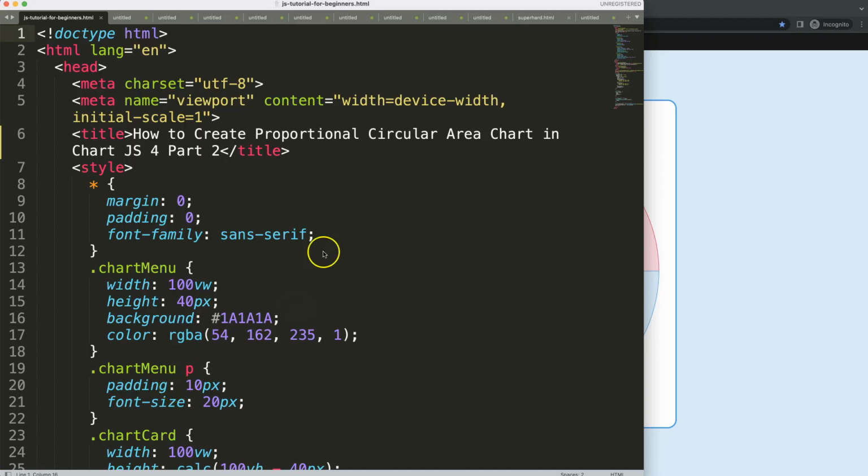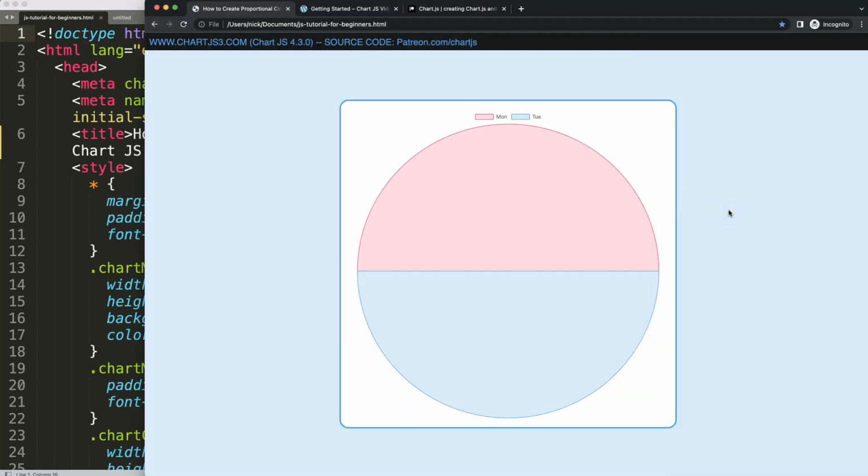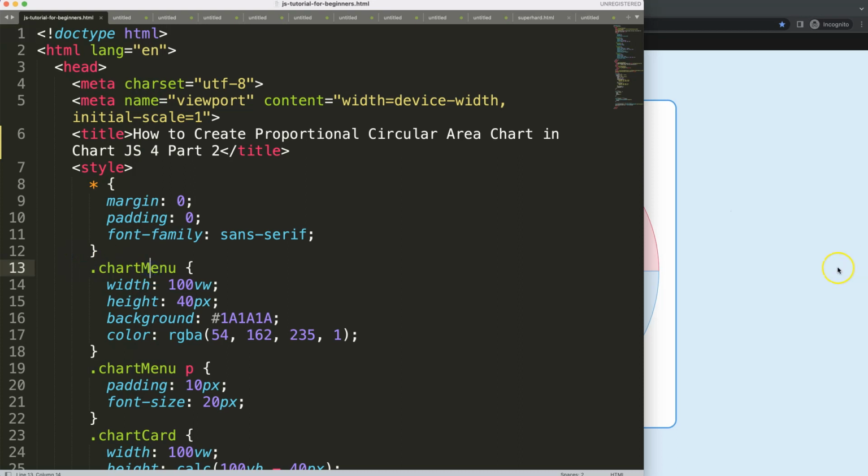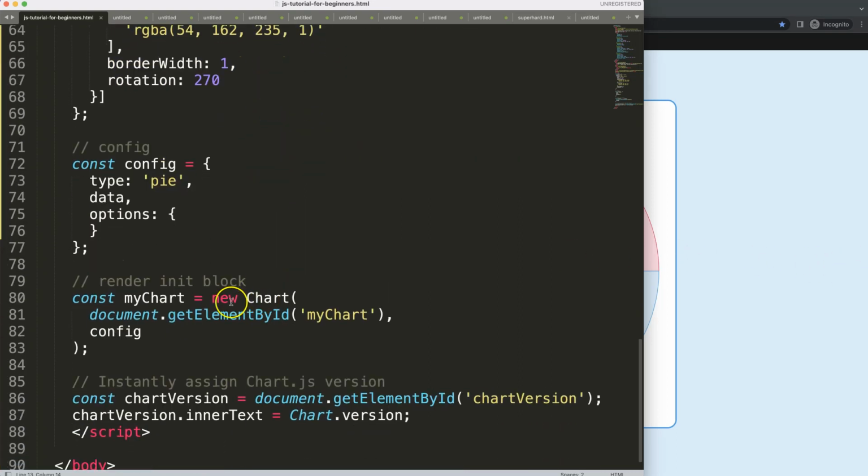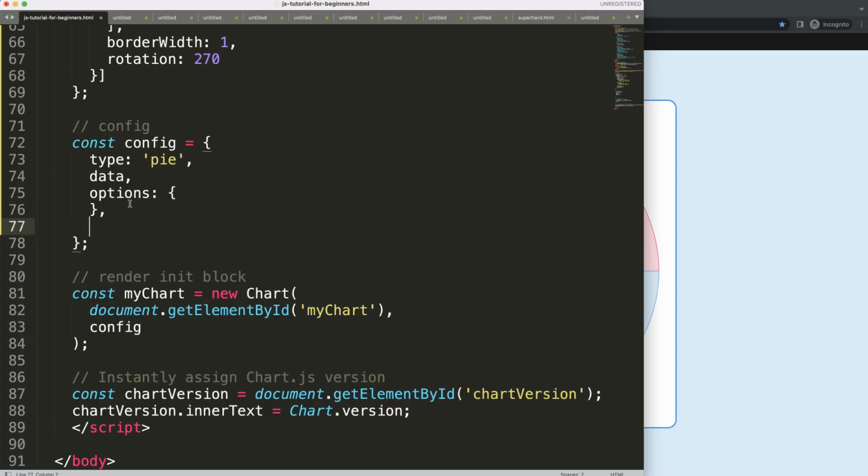So this is part 2 of how to create a proportional circular area chart in Chart.js 4. What we're going to do now, we have our basic setup ready. We're going to create a custom plugin. So I'm going to scroll down here, and then in the options, or at least below the options, we're going